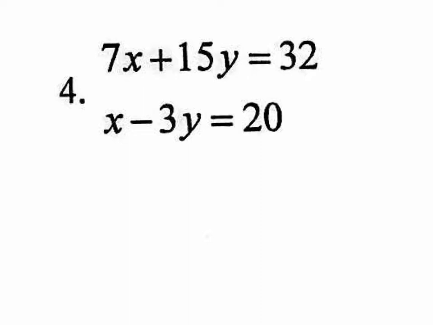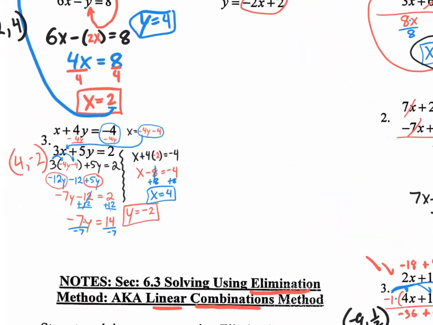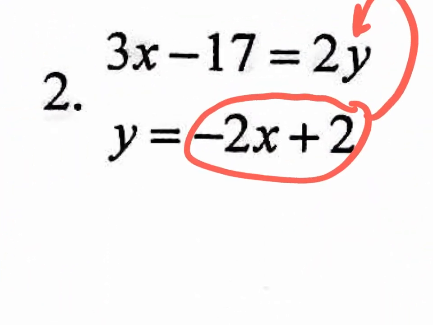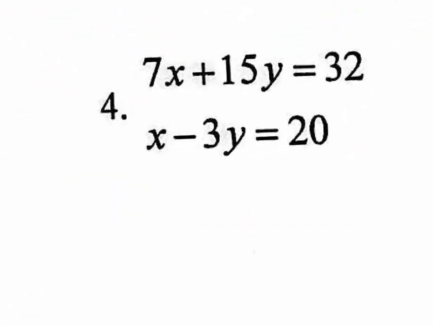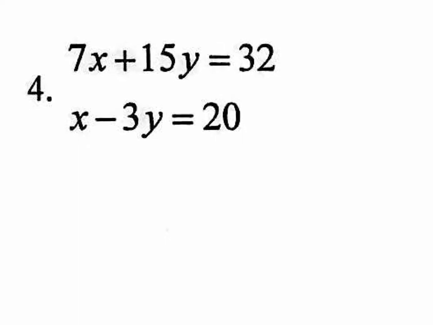The only time I'll choose substitution is if it's ready to substitute, kind of like on number 2, where it's ready to substitute, right? Y is already by itself, okay? Or instead of elimination method, if I had them both in y equals mx plus b, and I have graph paper, then I might choose graphing, right? If they're already ready to graph. But for the most part, elimination method for me is my favorite, and I think it's the quickest, the best way. So this last one, if I combine the lines,